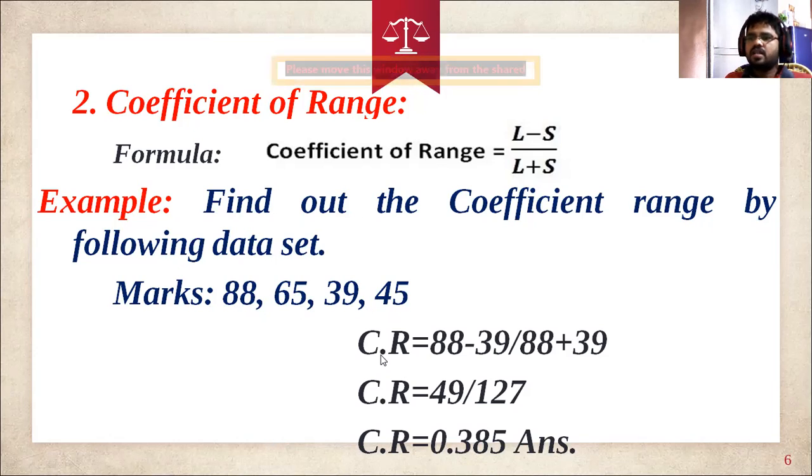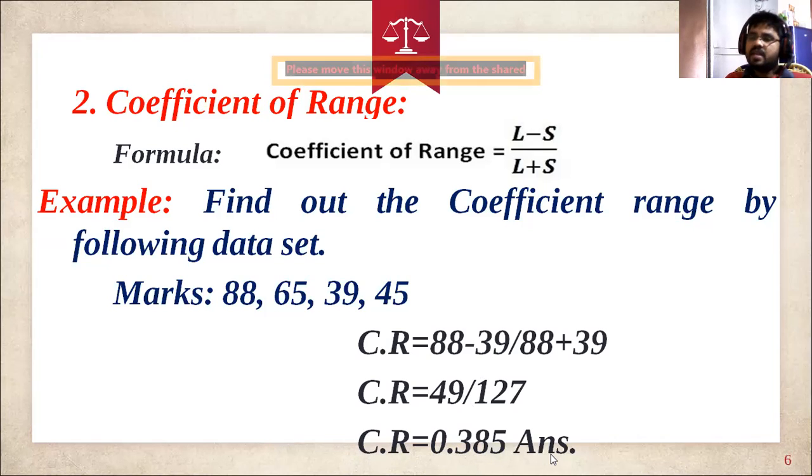See, this CR is the coefficient of range. C.R., coefficient of range, is equal to 88 minus 39 divided by 88 plus 39. Then CR is equal to 88 minus 39, how much? 49. Divided by 88 plus 39, how much? 127. When you cancel that 49 by 127, you are going to get 0.385. Sorry, coefficient of range is equal